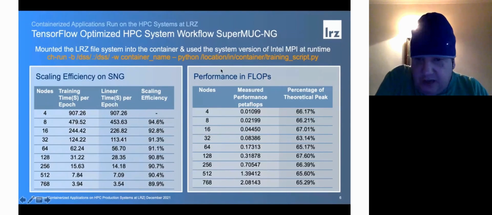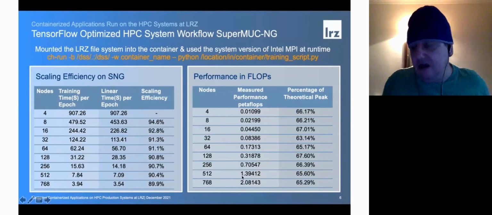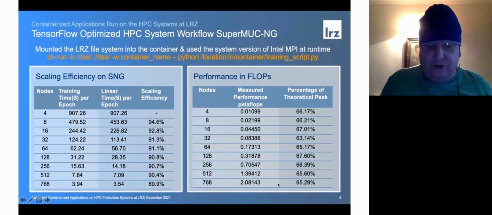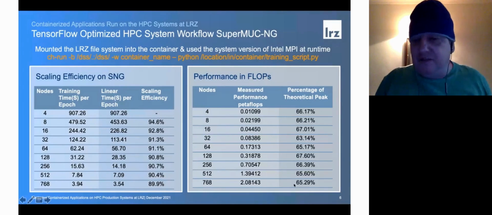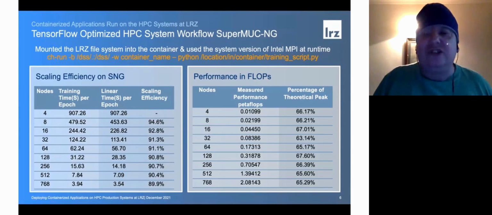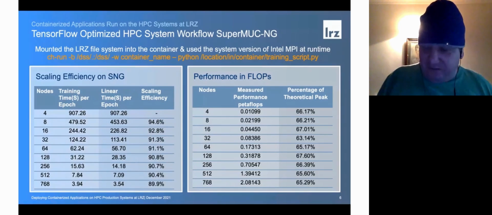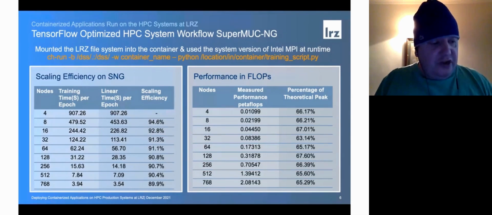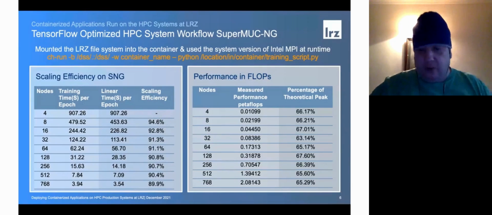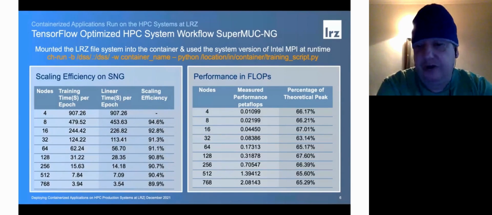And as you can see, at the very high end, we're getting over 2 petaflops of performance. For full disclosure, I'm only measuring the matrix multiply of the very small matrices. So that's why you're getting very, very good performance results out of this. If you look at different areas of the running code and the different application times, you're going to get wildly different mileage than what you're getting here. But we wanted to show the best possible